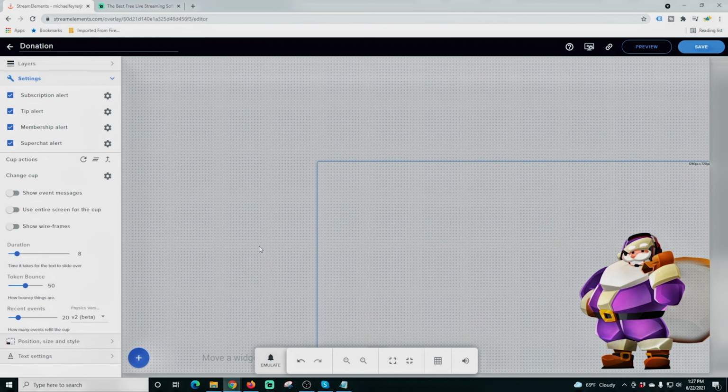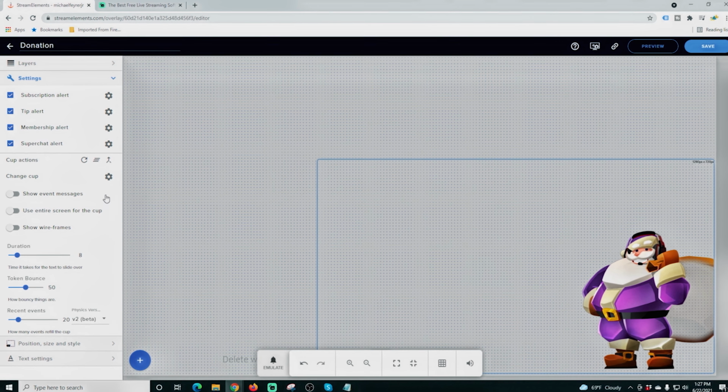and we just click it to add it, and there we go. So we've got the Santa hype cup, and what we can do is, you see right up here in settings, this will set up and alert you when there's a subscription, a tip, a member alert, or a super chat. And if you don't have members or super chats, you can turn those off. It's always nice to leave subscription on, but the way we change this up is by going into cup actions,